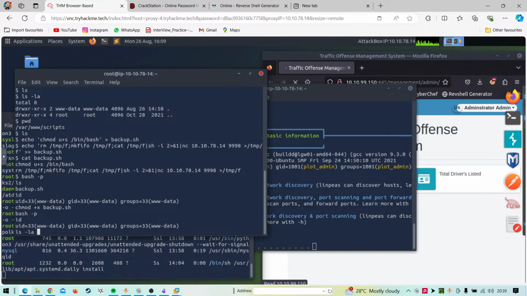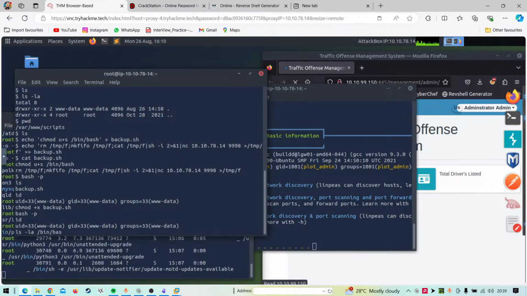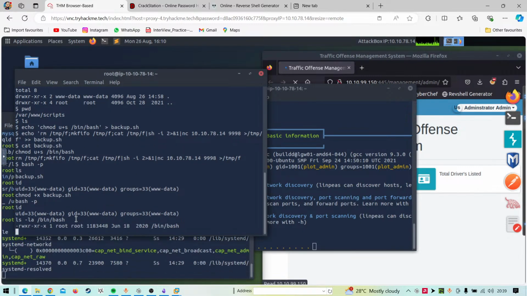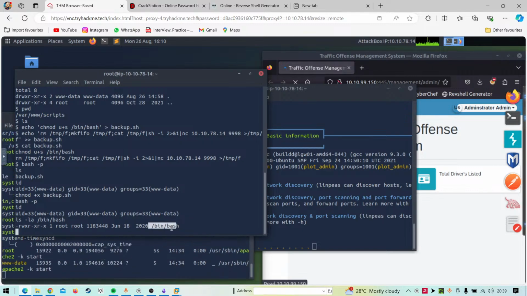If I do ls on the bin path, I want to see what happened when I do u+s.